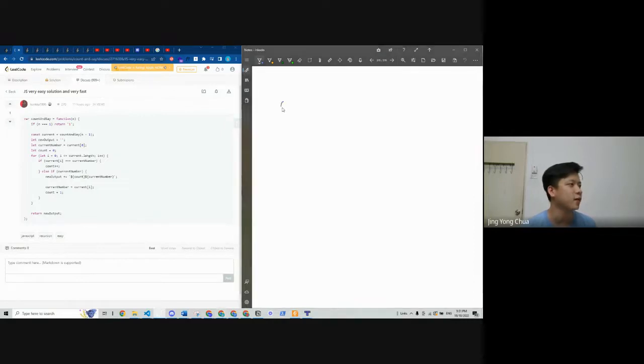Okay, let's try 5. Let's try count and say 5. So what does this mean? This means that the first loop, when it's first, second, third, it should loop 5 times, right? So for the first loop, I will return 1.